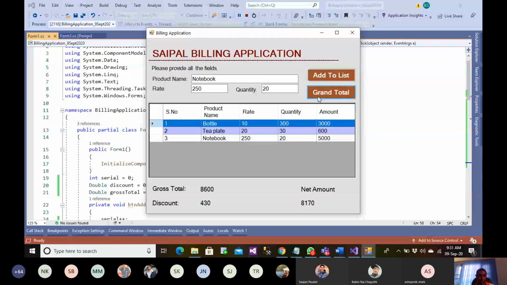So for this 8600, discount is 430 and the net amount is 8170 rupees. So we have successfully been able to do whatever we wanted.